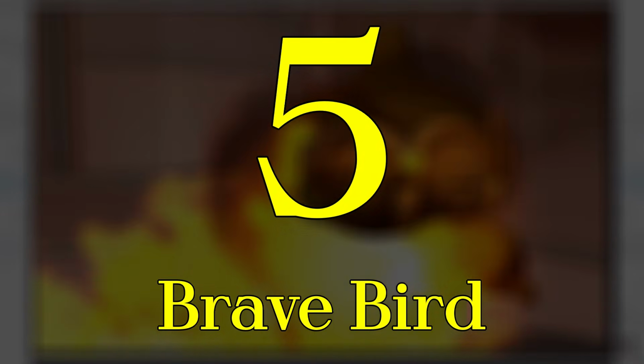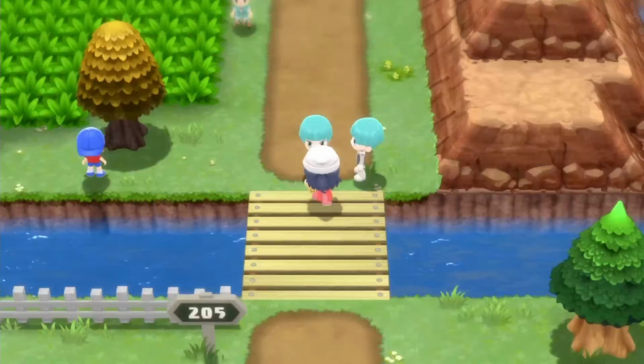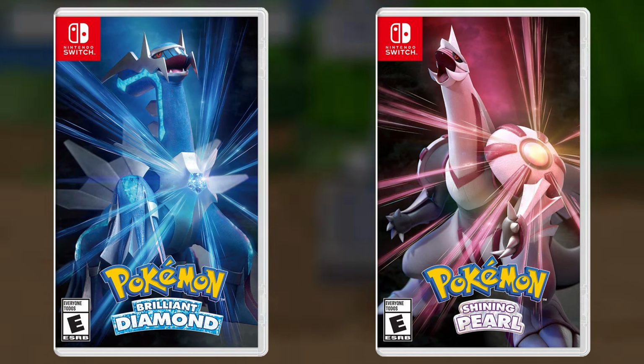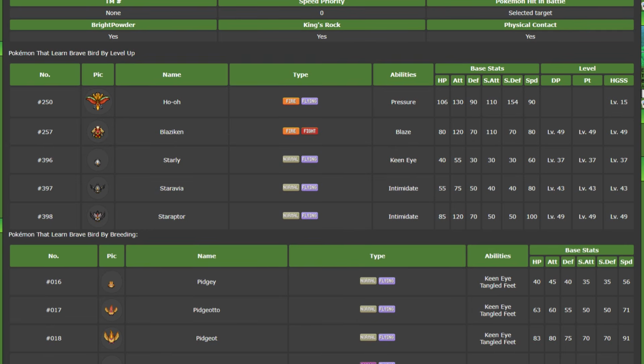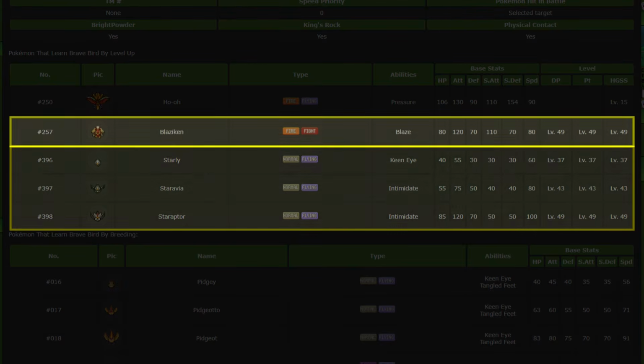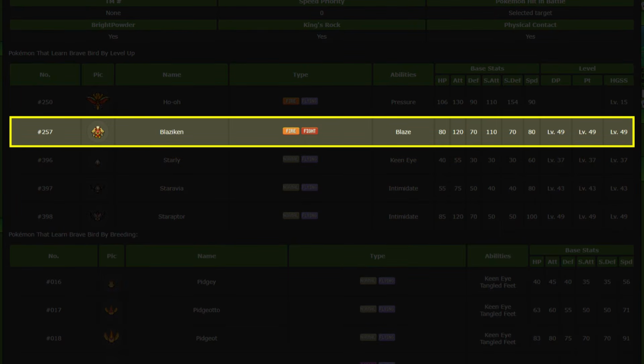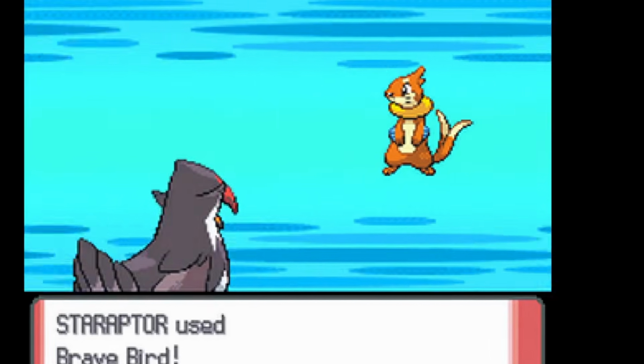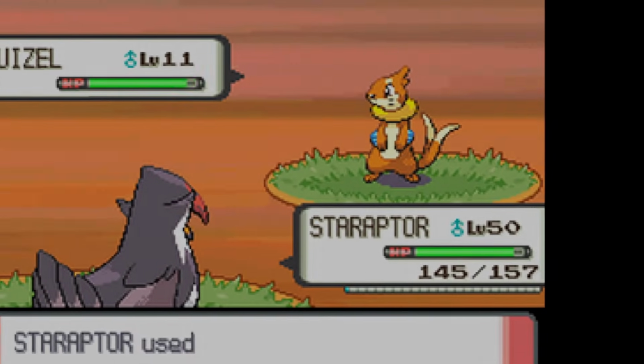Number 5. Brave Bird is a move that was introduced in Diamond and Pearl. The original Diamond and Pearl. It was reserved for the Starly line, but Blaziken could also learn it if you managed to trade him into your game. The animation was a bit lackluster in Gen 4, but in later generations...